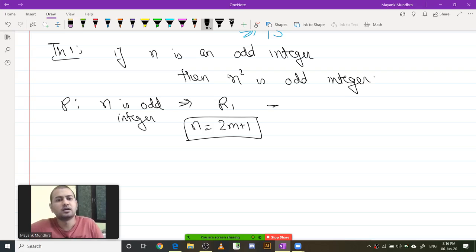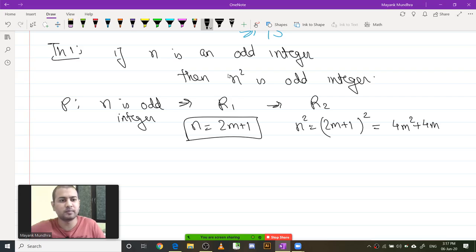Okay, so this implies statement R2, that n square equals (2m plus 1) whole square. This is your statement R2. Now (2m plus 1) whole square is going to be 4m square plus 4m plus 1, which is basically 2 times (2m square plus 2m) plus 1.